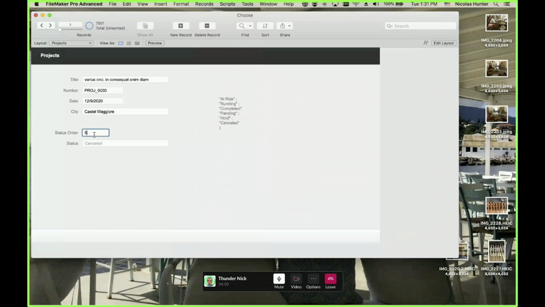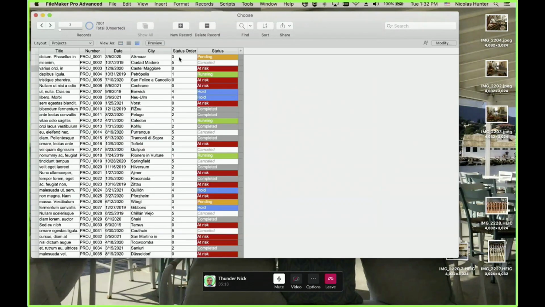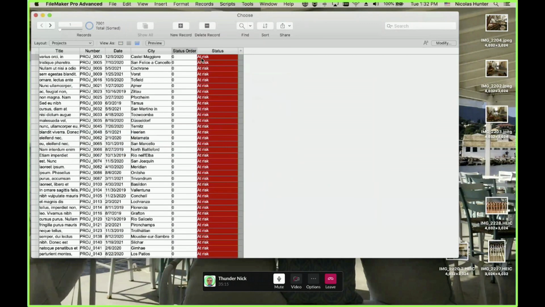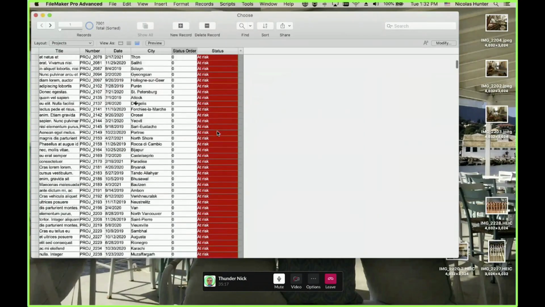The least interesting for me is when it's canceled. The most interesting is when it's at risk. That means there's a problem here, so I want that to come on top of the list. I want to use the number because now if I sort this, it's sorted the way I want it to be sorted.